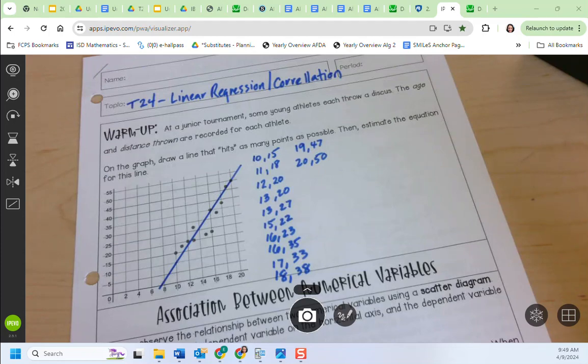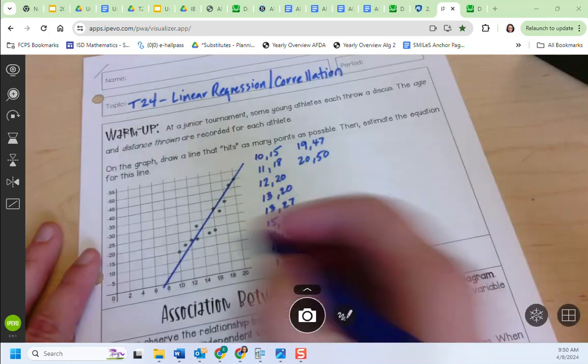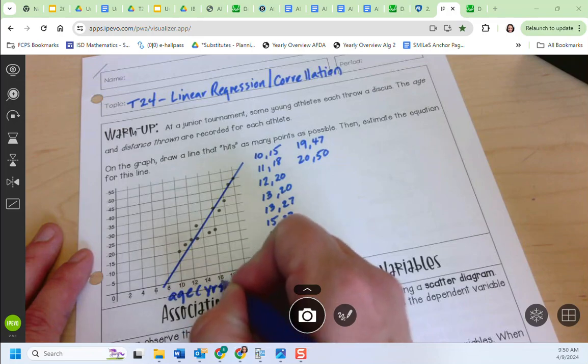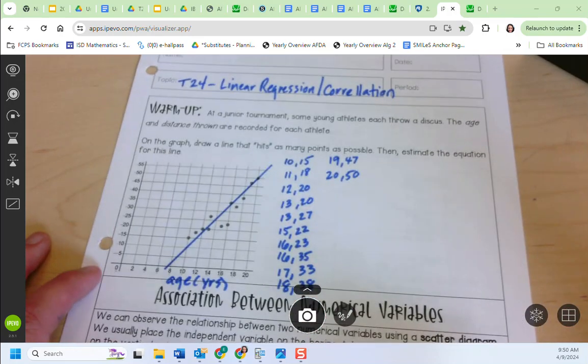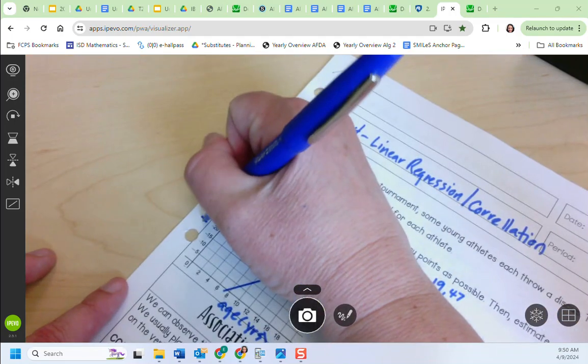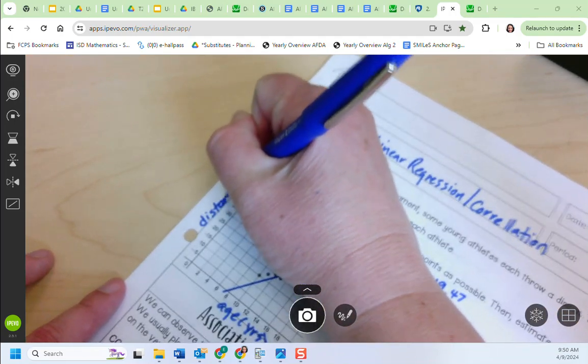It said some young athletes are throwing a discus, and the age and distance thrown are recorded for each athlete. I have you over here. So, do you guys think the age of the young athletes is on the x-axis or the y-axis? Yeah, so I'm going to label it age. You can even put in years. And then this would be the distance thrown, and it doesn't tell us the unit. So I'm just going to write distance thrown